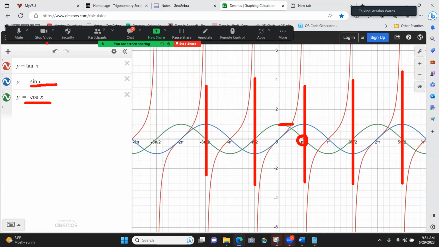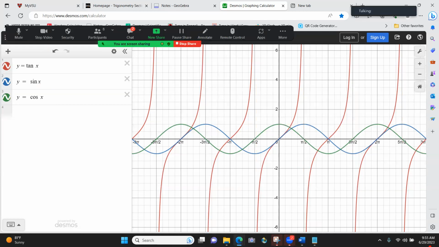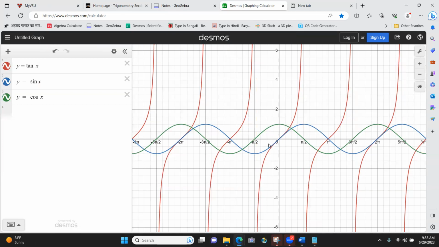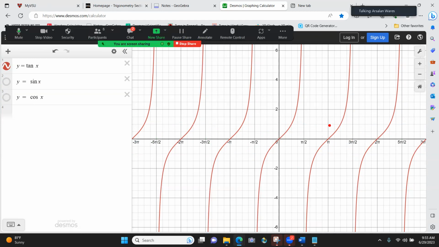Another important property of the tangent function, guys, is this. I'm going to hide the sine function and cosine function. I don't need it right now. I'm going to talk about the period of the tangent function. Remember, guys, by period, we mean the smallest part that you must analyze in order to